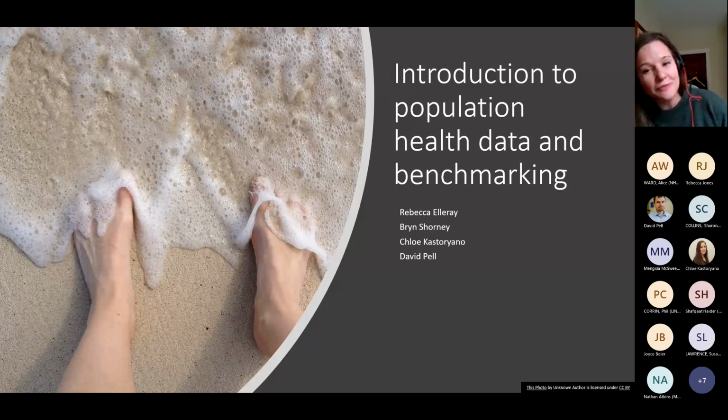really into several sources of population health data, look at how they may help us to understand aspects of health and care inequalities, and share with you a little bit of insight into the different benchmarking elements of the tools. So we do have loads to get through, and it may seem like a bit of a whistle-stop tour. So I apologise for that, but hopefully we'll take a bit away from this session.